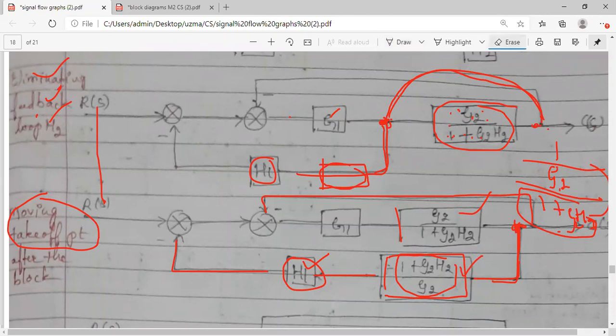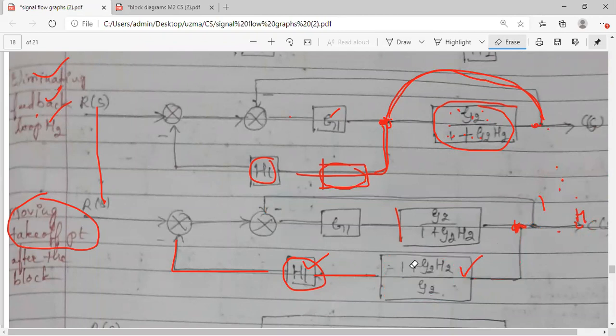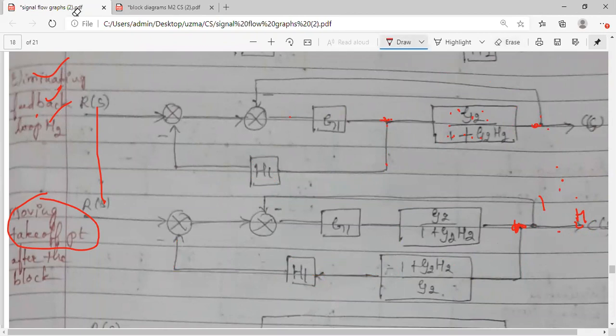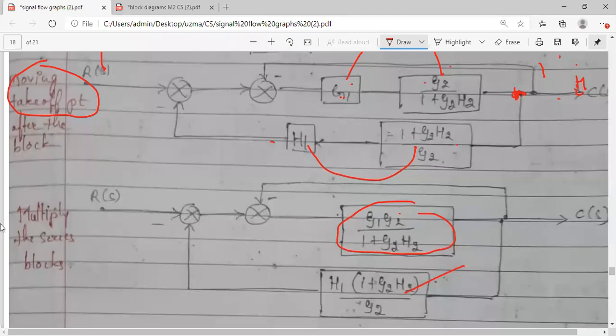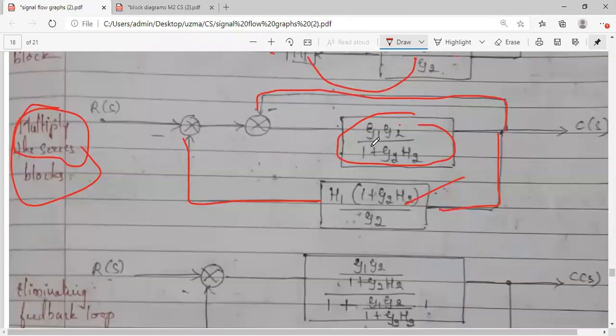So the further what I can do, the next rule which I can apply, try to analyze. So I think at once I can apply two rules here together. See, these two I can apply. I have taken this product, they are in series. I have to take the multiplication. These two are also in series. I have to take the multiplication. So multiply the series blocks. I have given the reason. And after that, two feedbacks are there. There is one feedback loop here. There is one more feedback loop here. So पहले आप feedback loops को reduce करो. Whichever you want to take first, no issues. You can take this first. Let us take the upper one.